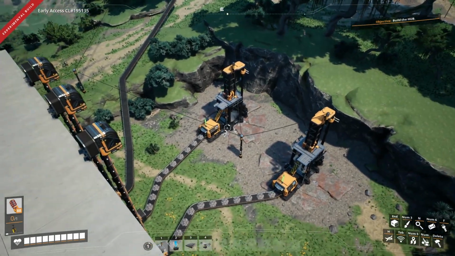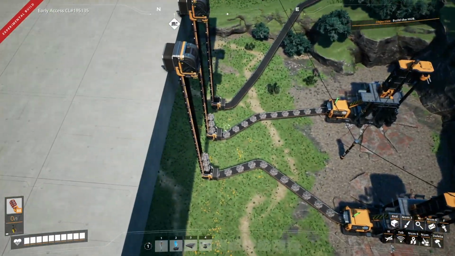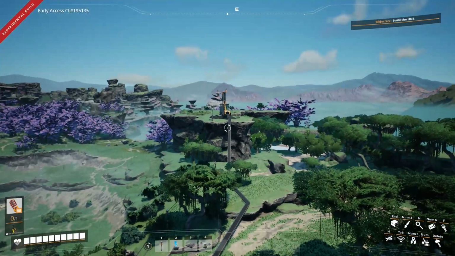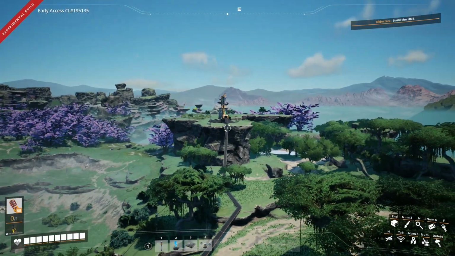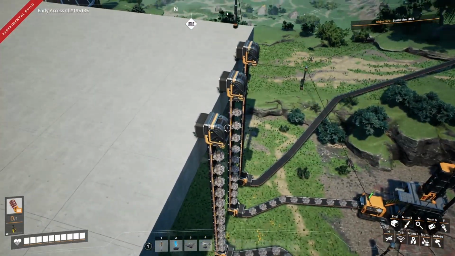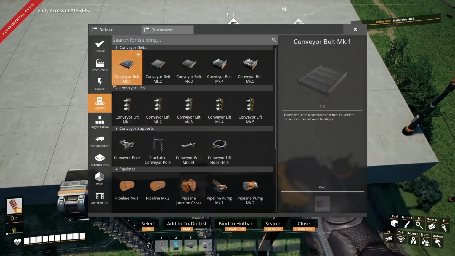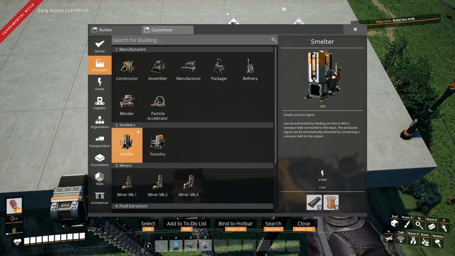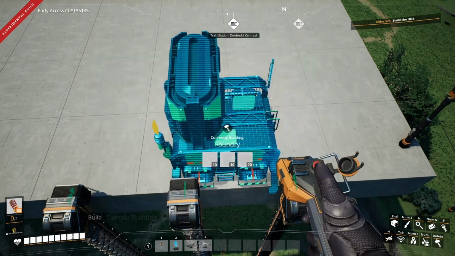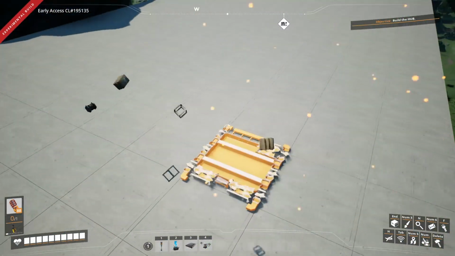Okay, so now that's done, we have 60 and 60, which is 120 iron coming in, and the coal node over there is actually a pure node. It's 120, so we have 120 coal and 120 iron coming in. So now we want to make steel ingots. However, we can't do that with a smelter anymore. We need to use a foundry. So if we place this down here,